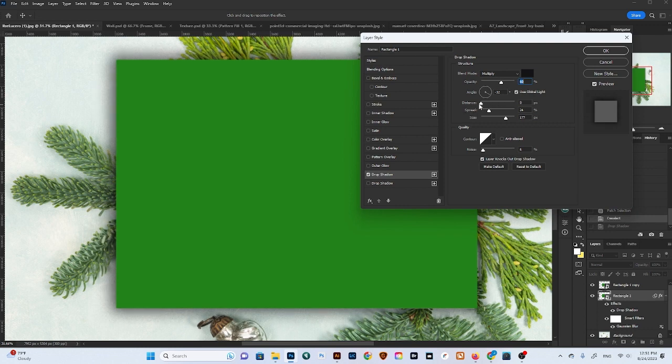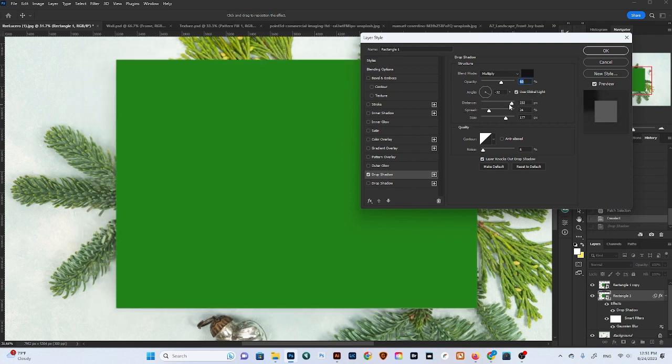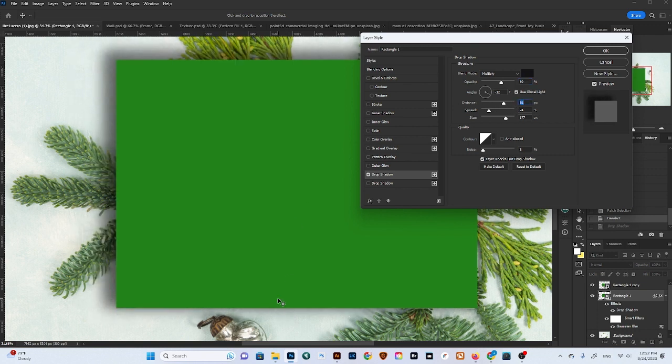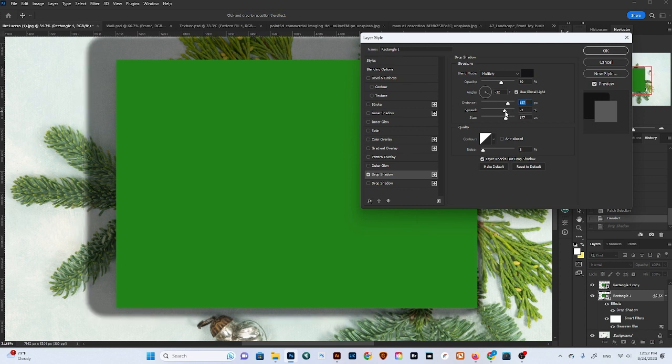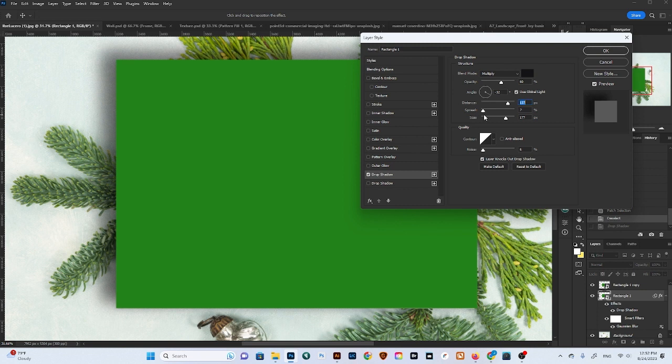Distance is how far from the object the shadow's falling. Now we're looking here, it is falling a little bit away, so I like it a little bit outwards. Spread is kind of how harsh it spreads out, so it's how close the light source is,